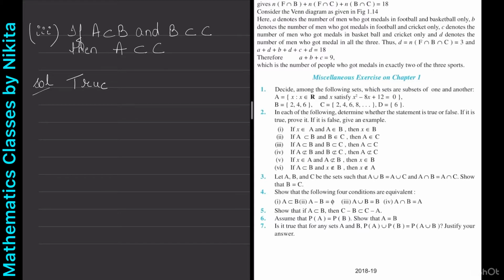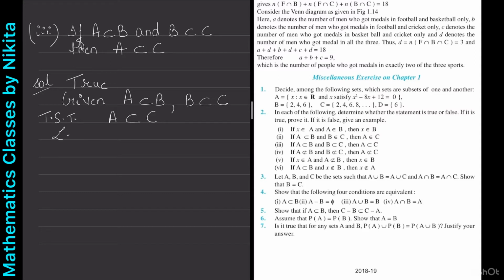So let's prove this. So what is given to us? It is given A is a subset of B. So if, तो if मतलब जो होता है वो आपको given होता है. So given is A is a subset of B and B is a subset of C, and you have to show that A is a subset of C. Now how will you show that? You have to show that every element of A is an element of C, but I cannot prove that because I don't know what the set A is. It's an arbitrary set. So I will just take any arbitrary element X in A and I will prove that X also belongs to C.